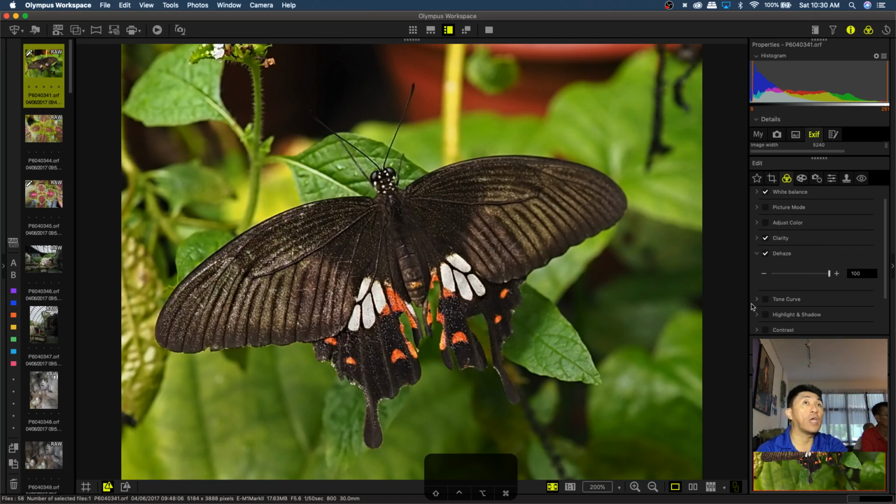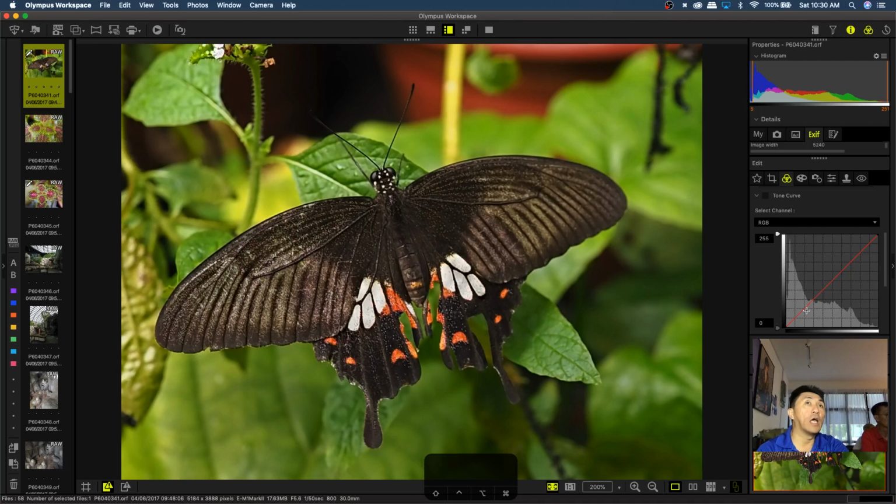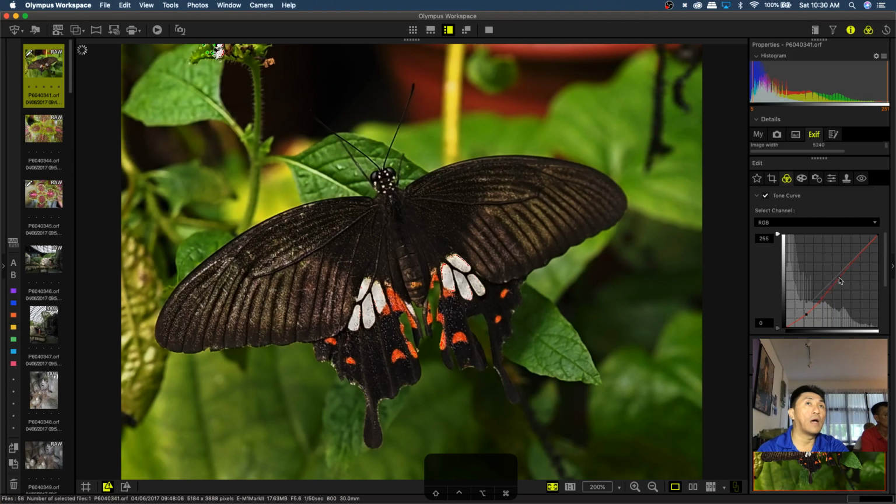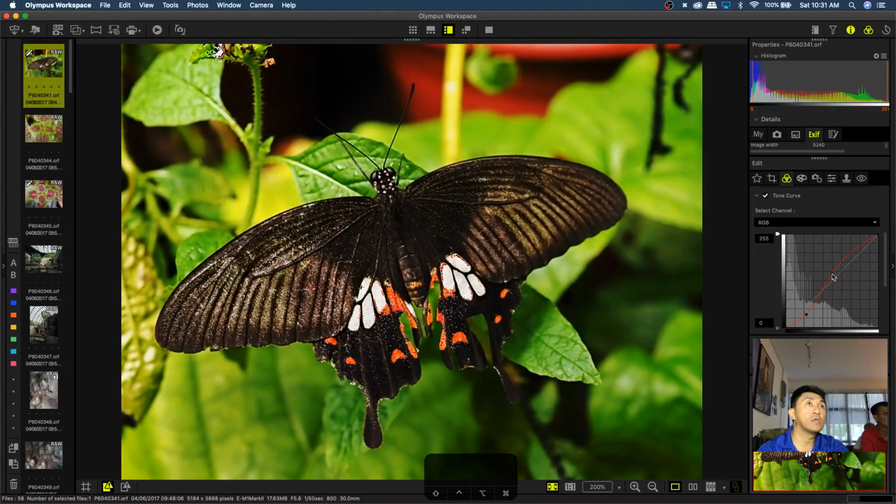Now this one is your curve tool. This is like a Photoshop idea. You can make your shadows darker, your highlights brighter. So this is how you control contrast. You can actually change it to individual color also. You want to, let's say, make it more